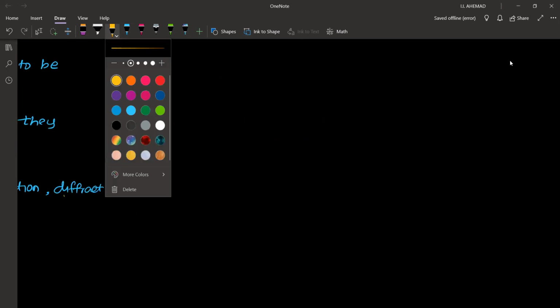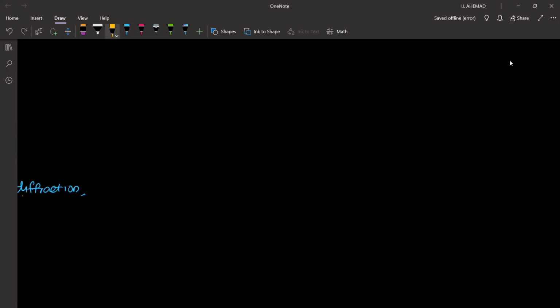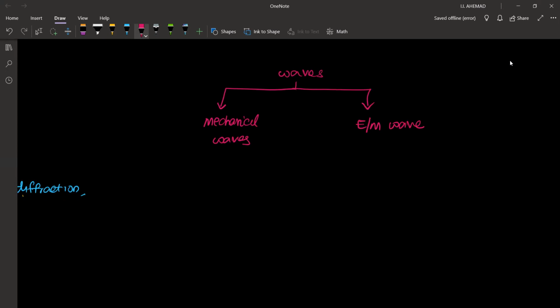First, we must know how to classify these waves. So don't write what I'm writing now. This is something additional that you will be learning in characteristics of waves, okay? When we take waves, waves are of two types. First one is mechanical waves. And the other is the electromagnetic wave. So this mechanical wave, we can further classify it as